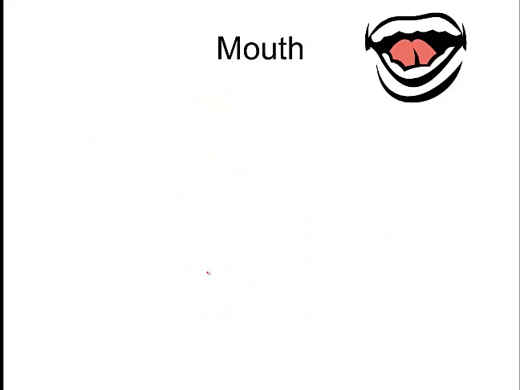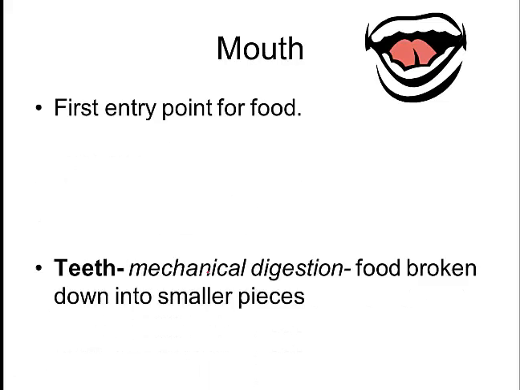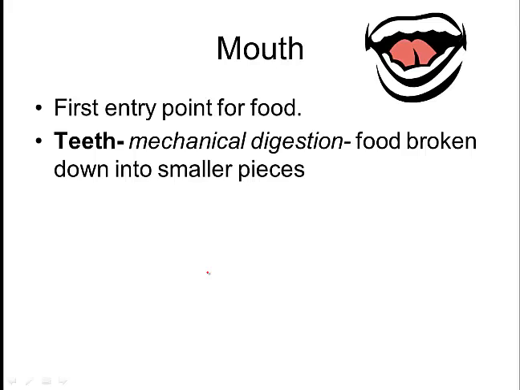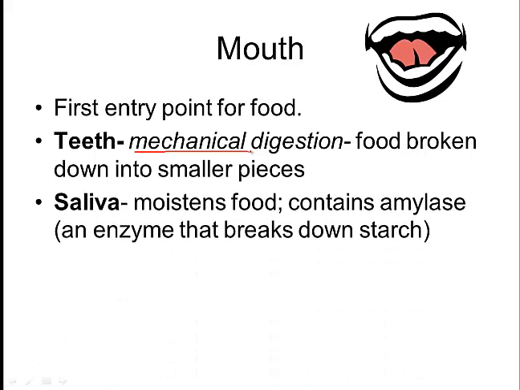All right, so we're going to start with the mouth. This is your first entry point for food. Your teeth is where the majority of your mechanical digestion is going to happen. So you're going to break down your food into smaller and smaller pieces. Saliva is going to moisten food so that you can actually swallow it. And saliva also is where our first bit of chemical digestion is going to happen, because it contains an enzyme